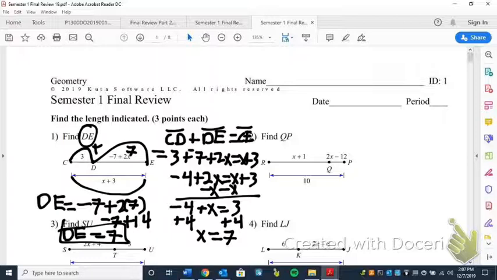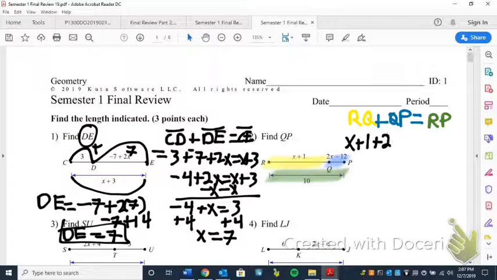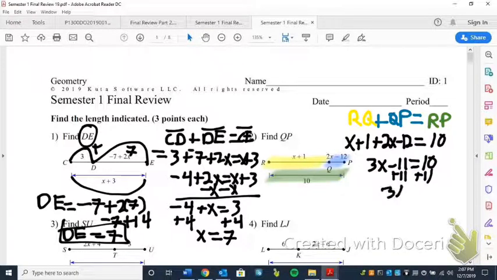A different way that I've taught this that some people like is with colors. Yellow and blue make green, right? So if I know that I go the distance of the yellow plus the distance of the blue, I'm going to get the distance of the green. So RQ, that's my yellow, plus QP, that's my blue, equals RP, that's my green. So x plus 1 plus 2x minus 12 equals 10. Combine like terms, solve it algebraically, and I get x equals 7 again. So what I'm going to do is I'm going to plug that 7 back into QP, which is that 2x